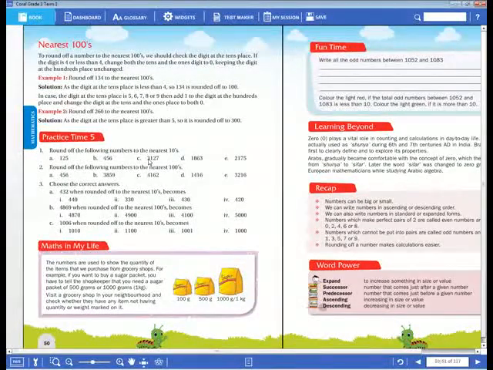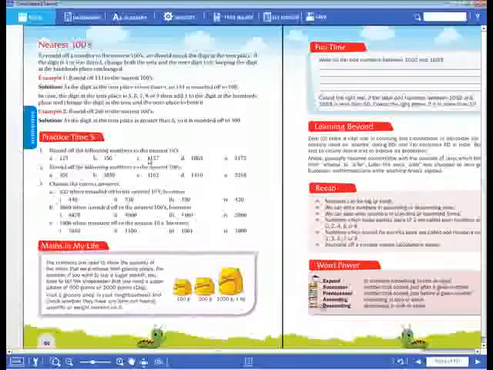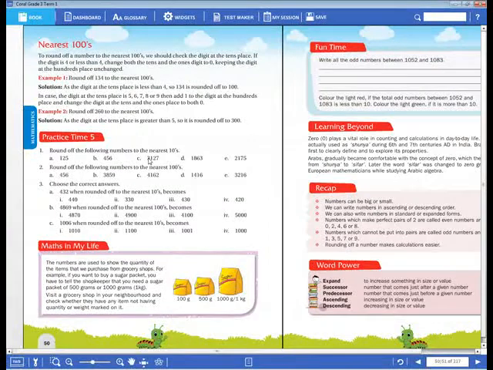3,100. Okay, 2 minutes will be given. 3,127. What is the nearest tens, dear children, for this? You have to check the ones place. In this ones place, what is that? 7. 7 is greater than 5, no? So we have to change the tens place. 3,130 will come. 20, after which tens will come? 30. So we have to write 3,130. Now next, D.